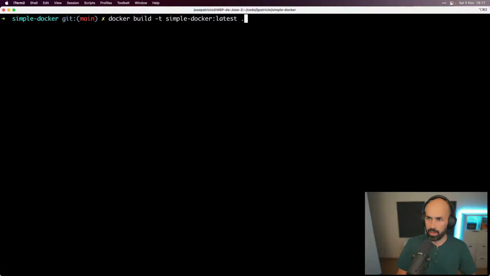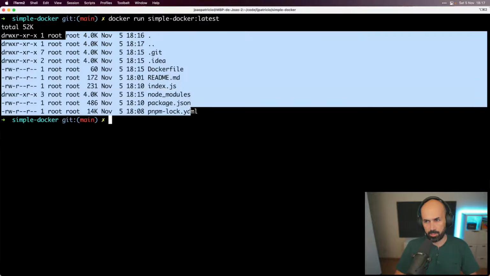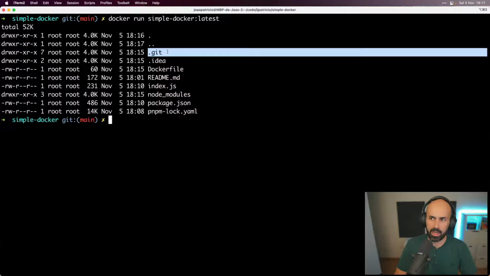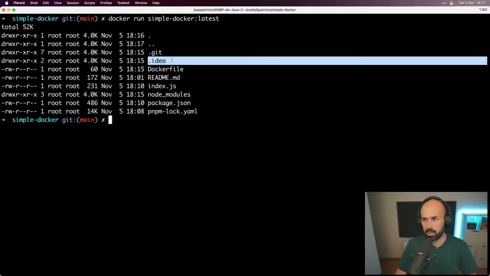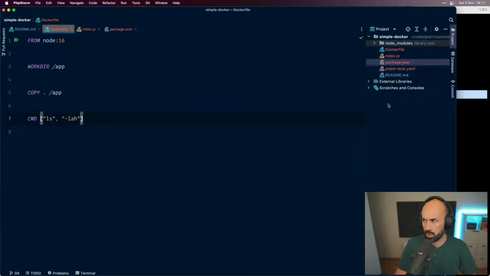So we will now run the simple Docker image again, and sure enough, it output the /app content because it's the default folder. And you might see that we have the .git directory and .idea directory and even node_modules. All these came from my machine, the host machine, and we don't want that.